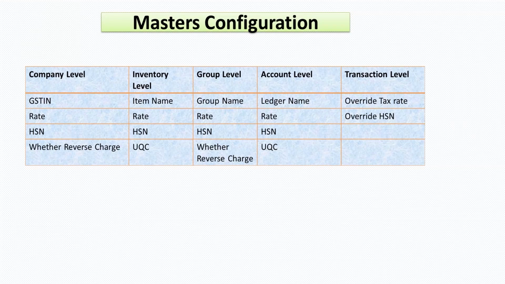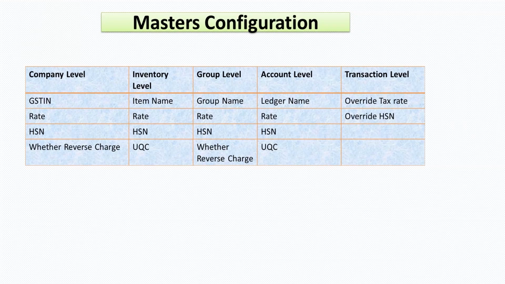1.5 to 5 crores, we have a 2-digit requirement, and above 5 crores, it is a 4-digit requirement. So I might choose selecting an HSN of 99. And if reverse charge is applicable for all the services rendered by the company, then at the company level itself, we can configure. Coming to this inventory level configuration, I can configure the name, the rate, HSN, even UQC, the unique quantity code, like the bags, packets, numbers, all these, any UQC, what we want, we can configure.